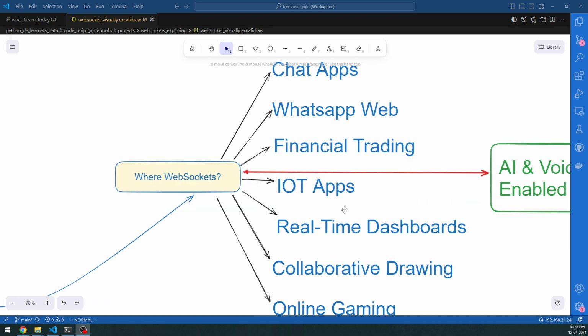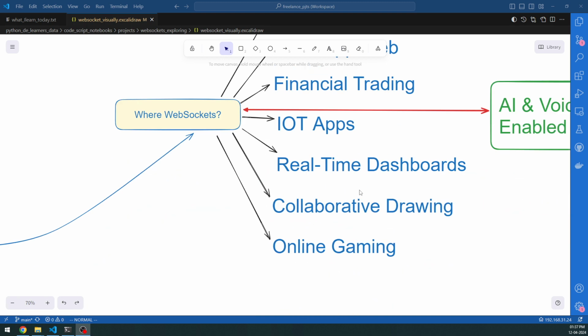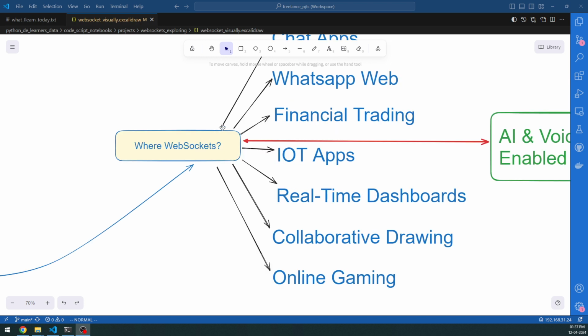We'll be looking at some of the examples in a couple of minutes. The real-time dashboards, so this will be really fun. I have a real-time dashboard. You can see that. Collaborative drawing, like Excalidraw, is a collaborative drawing environment. The same way you have VS Code where you collaboratively code. So all these kinds of collaborative setups are done through